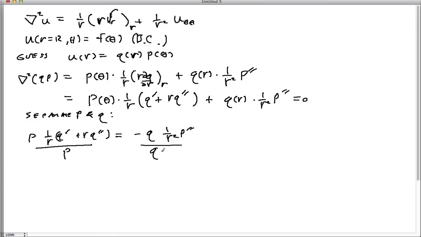And while I'm at it, I'll also multiply both sides by R squared, just to simplify things a bit. So the P's cancel here. We have to put a P down there, and we have to divide by Q for both sides, actually. Sorry about that. Always got to mind your algebra. Do it right. And then here, the Q's again cancel, and we're left with